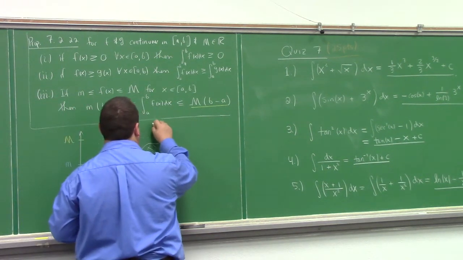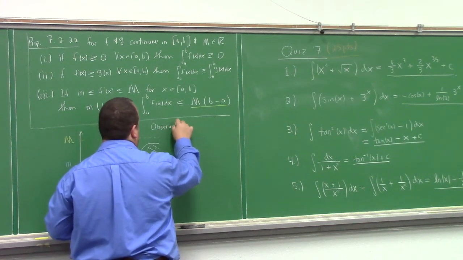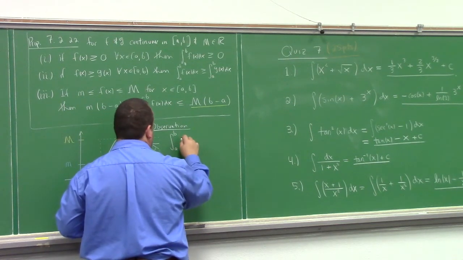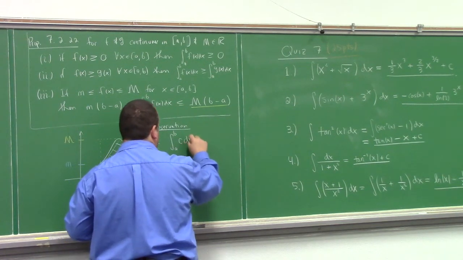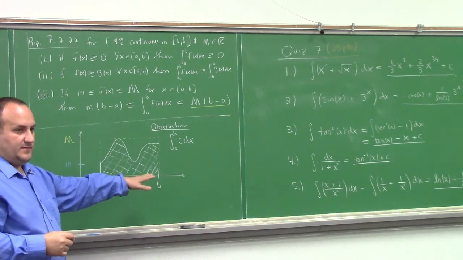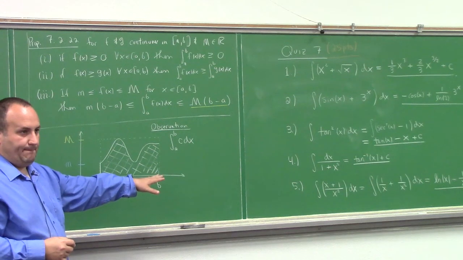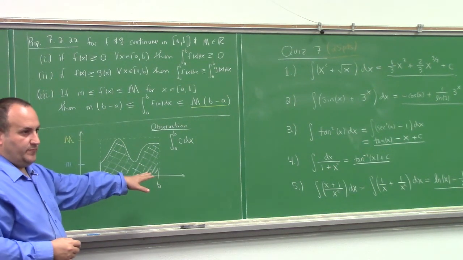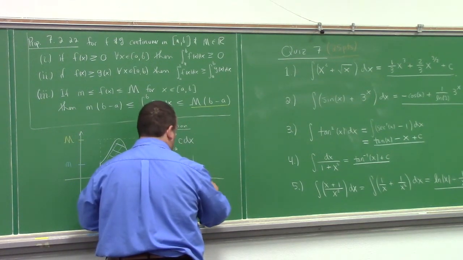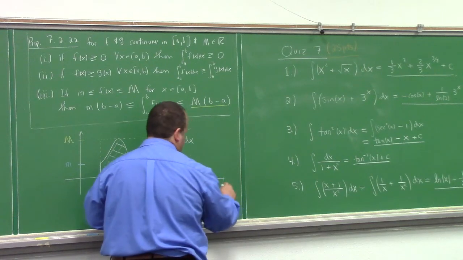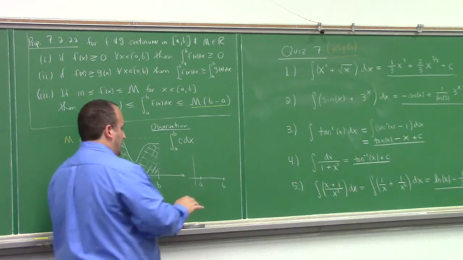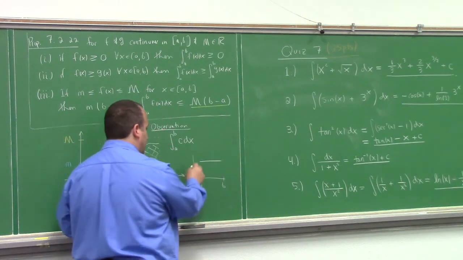Here's an observation. This is kind of a dumb observation, but what's the integral from a to b of a constant dx? So this is the signed area of the constant from a to b, right? Can I draw the graph? Yeah, it's the signed area. In this case, to keep it simple, let's suppose c is positive, so that signed area is just straight area. So we have y equals c,